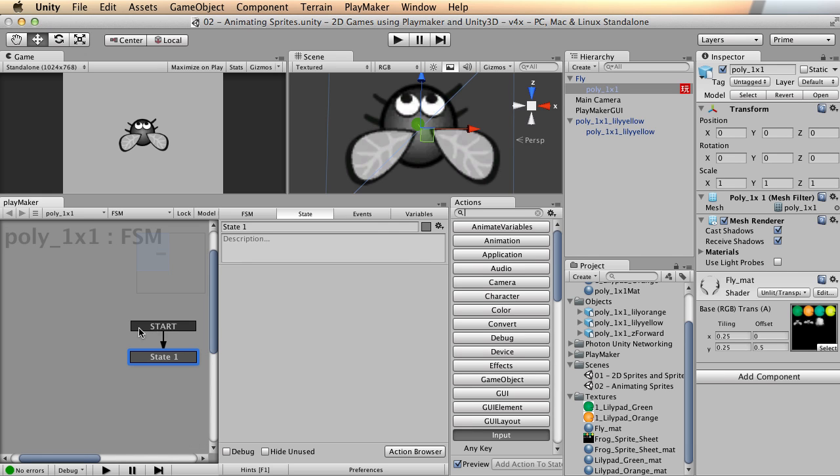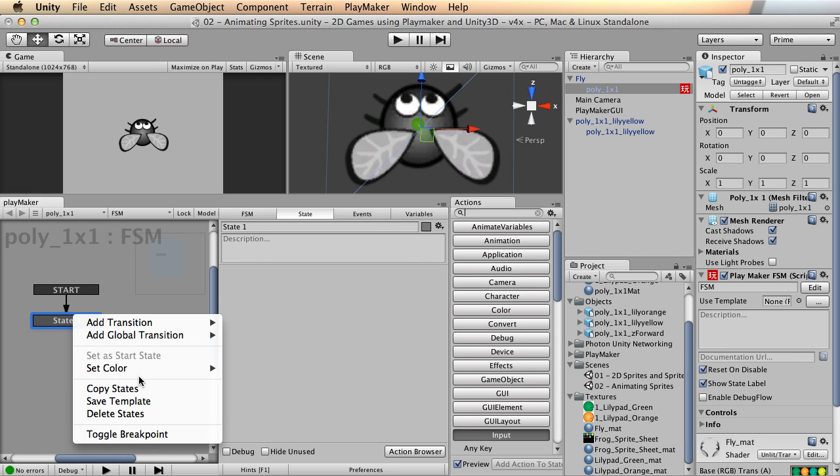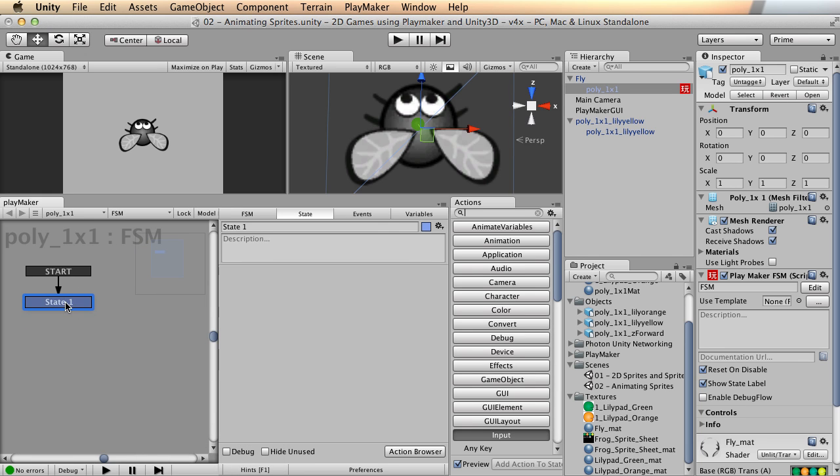And I will add a new FSM. And let's go ahead and make it a nice little blue. And I don't need an idle state because I'm not going to turn the animation on and off. I'm just going to have the wings flap constantly because he's a little fly and that's what I want. He just never quite stops flapping. So I'll call this anim position 1, just good enough name. And let's put finish transition for when we're done. And in here, we're going to use